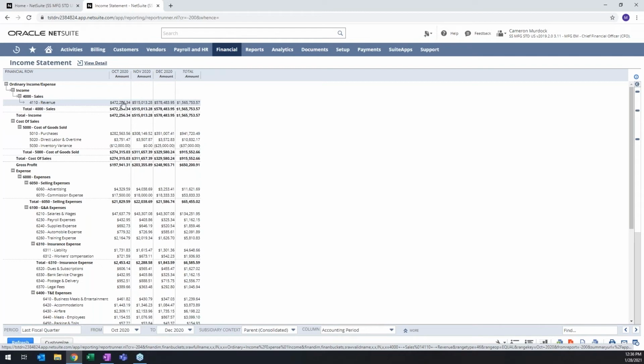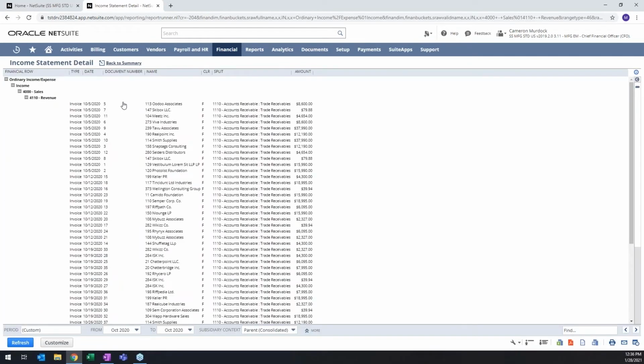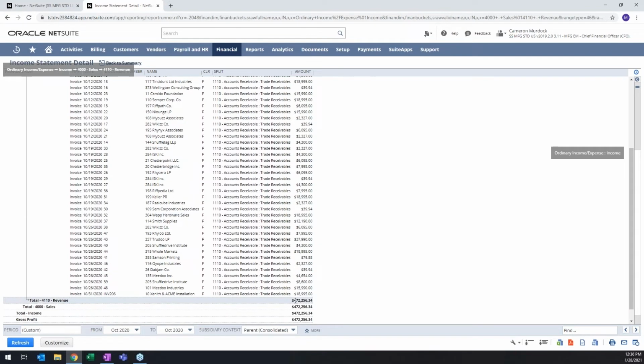So if I do that, I can click on it, and it takes me into the detail. Because it's a real-time system, there's no batching. All of that information is at hand, and I can drill down into it. Now I'm looking at all of the invoices in October of last year that posted and are making up this $472,000. And I see one, here's an invoice, invoice number 45, and for